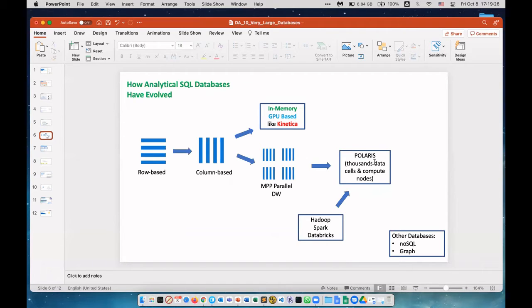And then Polaris, which is used in Synapse serverless, has thousands of data cells and compute nodes. Hadoop Spark, as I mentioned, is good, performant, and convenient, but it's more expensive than, for example, Google BigQuery. And there are other databases.